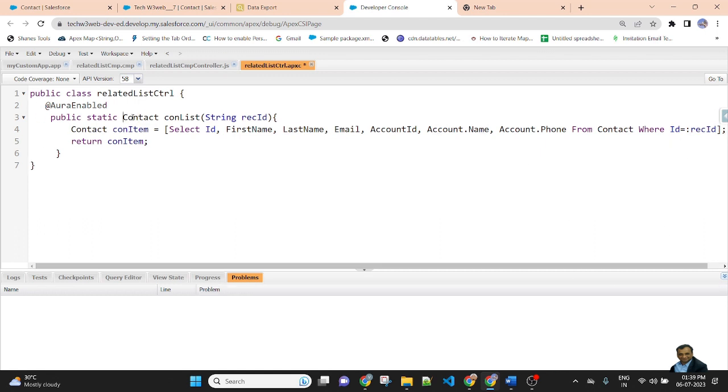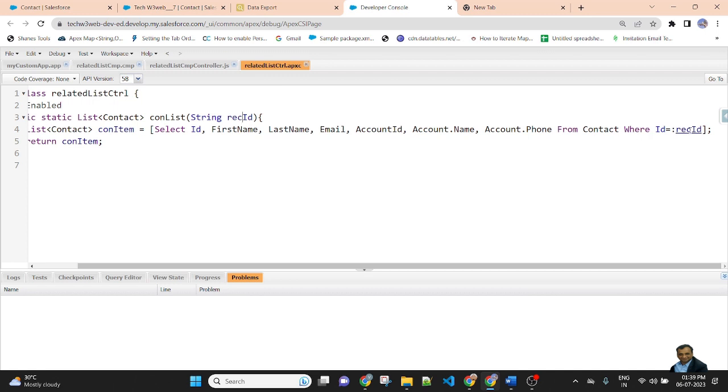So we can use a list of contact here. If you are using a list of contact, then copy and paste list of contact, and in this case it will return a single record because I am using the parameter record ID, and this record ID is passed into the WHERE Id equal to this one.